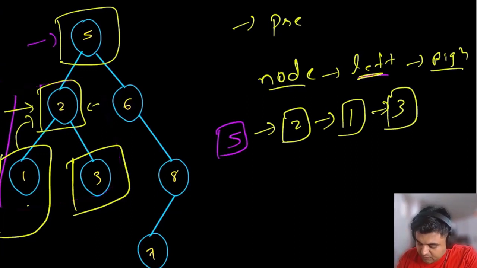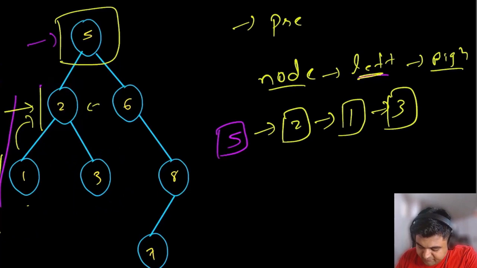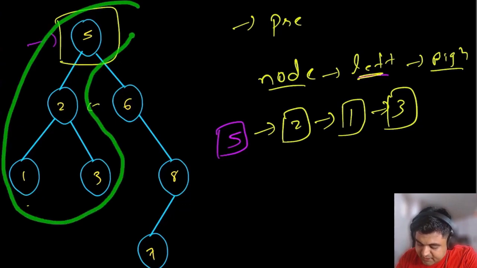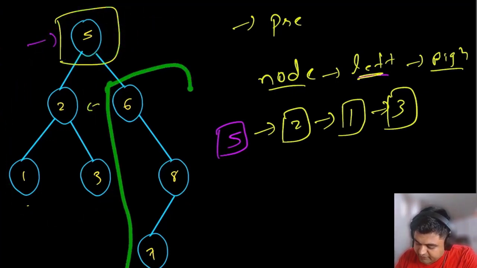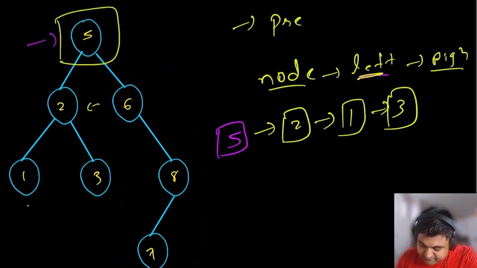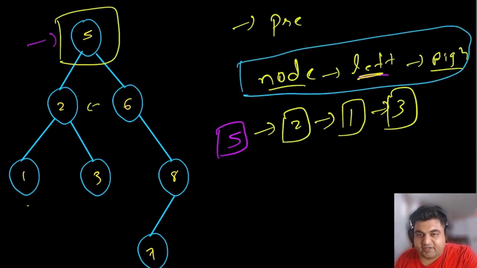The next node we would visit is going to be node number 3. Now after these 4 iterations, we have taken care of the entire left subtree from the root, and we already took care of the root node, that was node number 5. So now we are going to take care of the entire right subtree. Even for the right subtree, we are going to apply the logic of node, left and right.